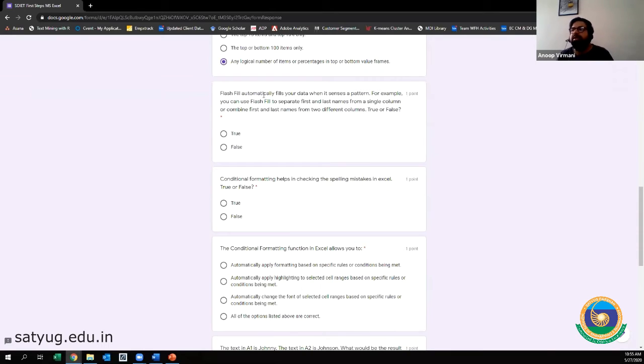So flash fill, as we did yesterday, remember, I started typing in the names of people, the first name, and then as soon as I typed the second one, the flash fill option worked and it gave me all the options below that. So this is true. It senses a pattern in your data. It is flash fill, right?